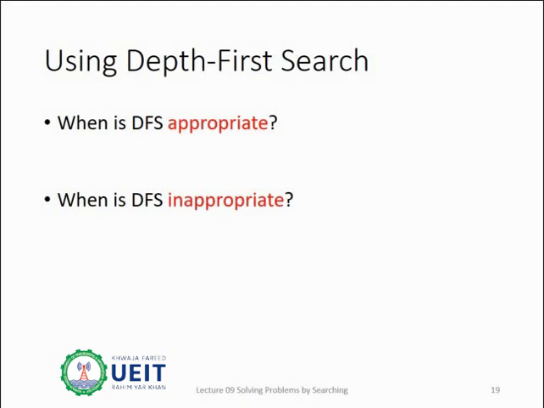Depth first search is advisable to be used when space is limited and graphs or trees to be searched are small. If a tree has infinite depth, then DFS must never be used, as it will go on running forever, wasting space and time. It is also not suggested to use depth first search when the graph has cycles, as it might get stuck in a loop.